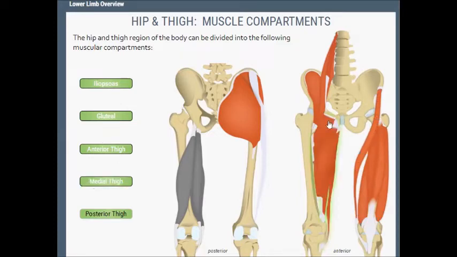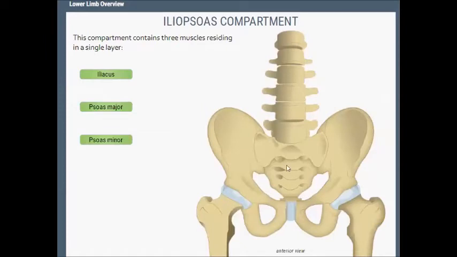Then the medial thigh will have the adductor group of muscles. Then there is the posterior thigh, which basically has the hamstring muscles. These are the five basic compartments which we have to talk about in this lecture. So first of all, talking about the iliopsoas compartment, it only has three muscles, as the name suggests: iliacus, psoas